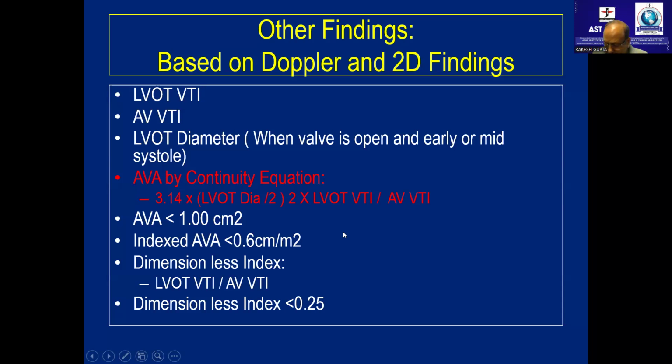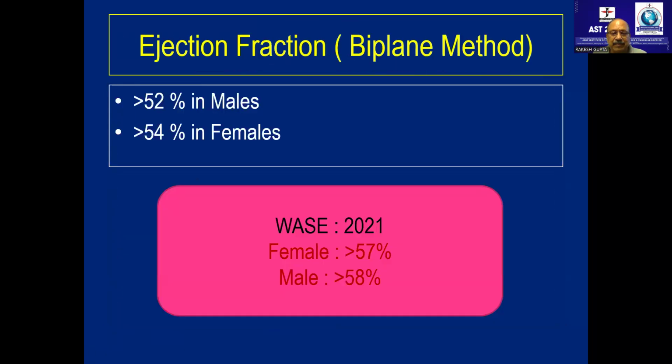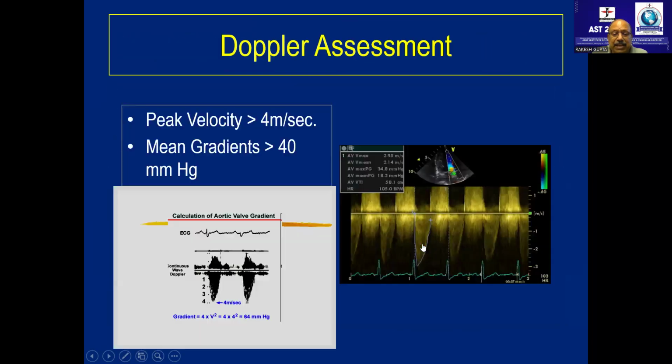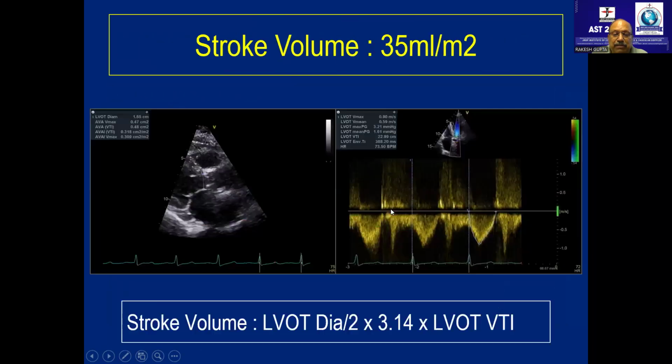Now the most important thing is, let's go back to the equation again. If I don't consider this LVOT diameter, I just look at LVOT VTI, correct? Then second is, I only look at aortic valve VTI. So what is the important thing is, I go to 5-chamber view, just look at LVOT VTI by putting a sample volume at LVOT. That will give me this Doppler spectrum pattern, correct? I calculate LVOT VTI. This is 22.99. Remember this value. I'm going to ask you again.